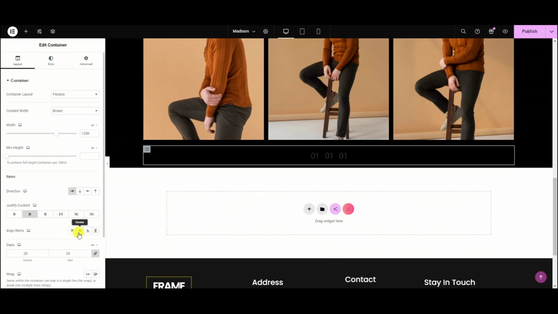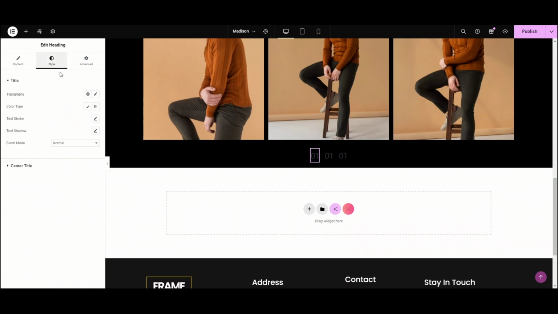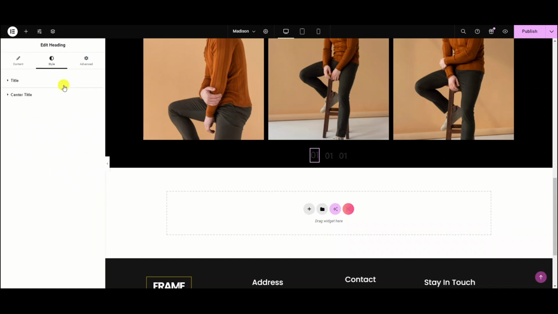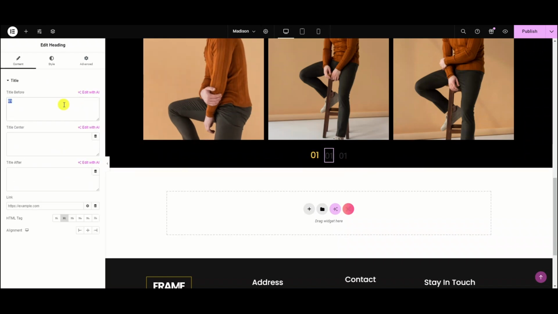Also, align the items to center. Now click on edit. Go to the styling tab. Choose the font family to Poppins and adjust the size to 30. Let's choose the color yellow and look.